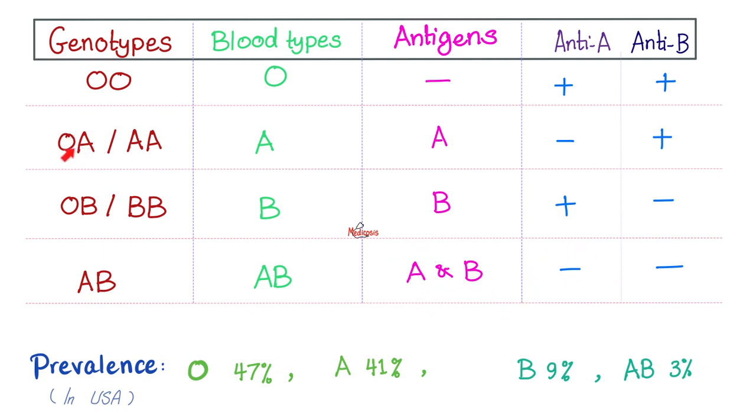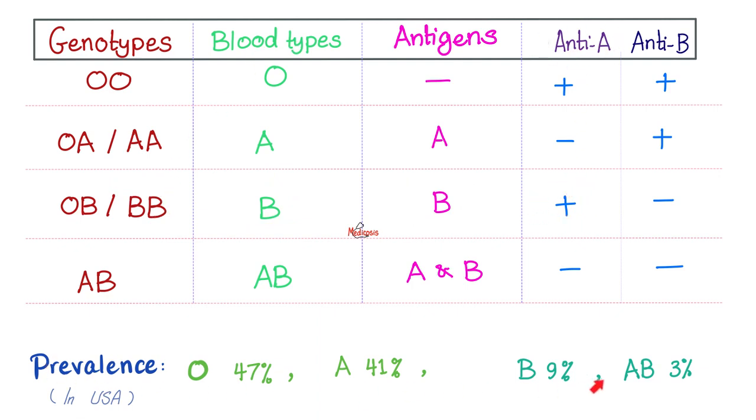How about this? Well, whether you're AO or AA, A is the dominant, so your blood group is A, antigen A. Okay, I have the A antigen. Therefore, I've seen it before. No need to make antibodies against it. Have you seen B before? No, I'm ready to destroy B. B is foreign to me. How about this? Okay, that's your genotype. Phenotype is B because B dominates. You have the B antigen and the anti-A antibody.